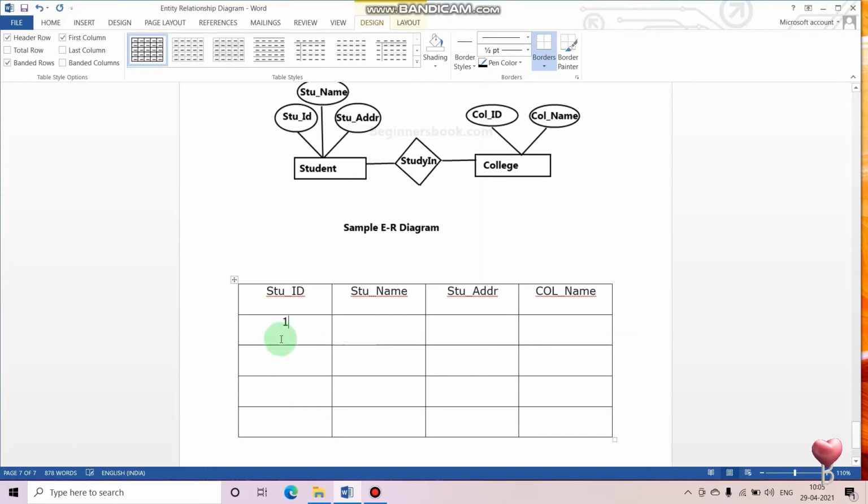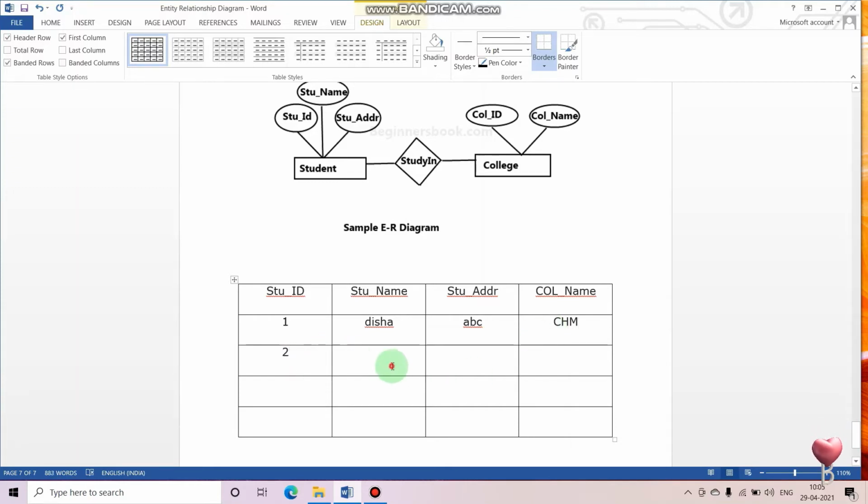What will happen is, first roll number, for example, ABC, let's do this, Disha, address will be ABC, and name of the college is CHM.